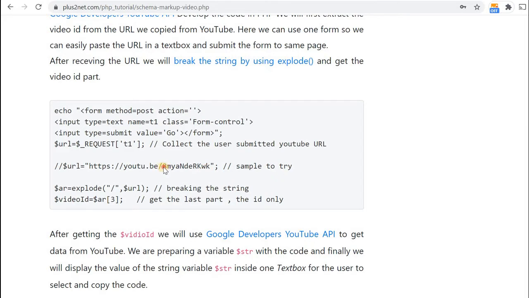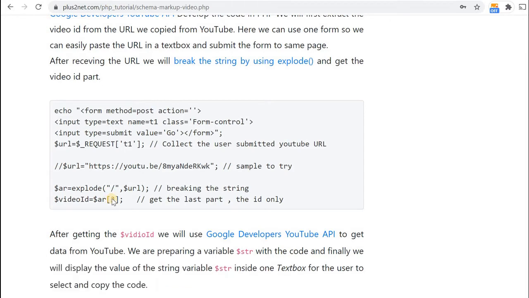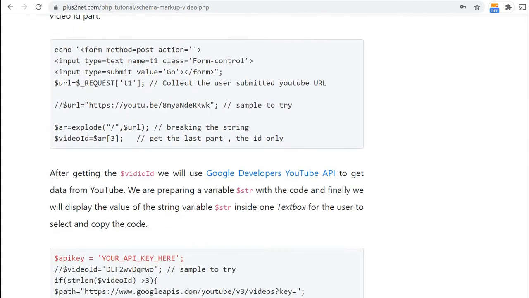Now you can see the important part is the ID part. The video ID is given here, and this is the part you will be extracting. So we will use the explode function of PHP, with the slash as the delimiter, and this function will return an array with 3 elements. The last element, or the third element, will contain this video ID part. So that part I will get, and we have stored it in a variable, video ID. That is the main part we will be extracting from our URL or the shared link.